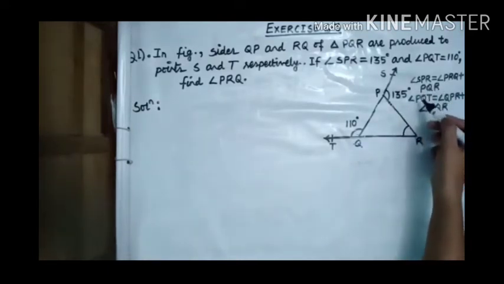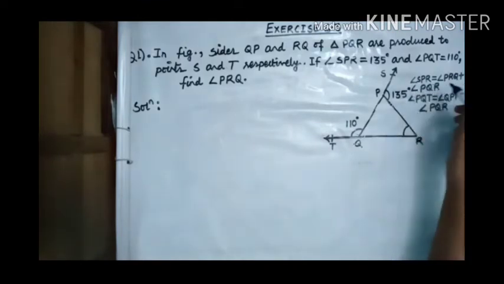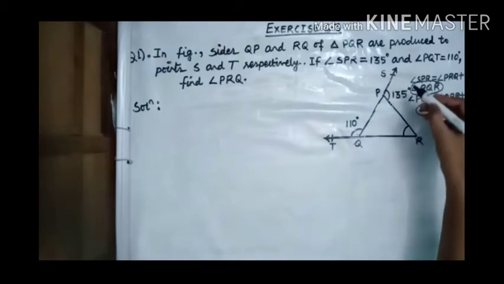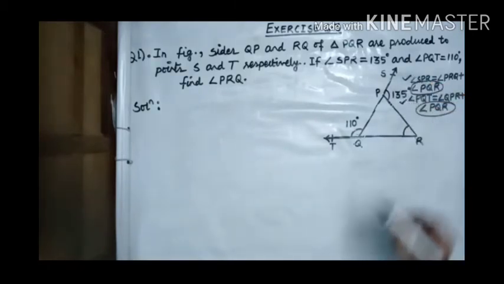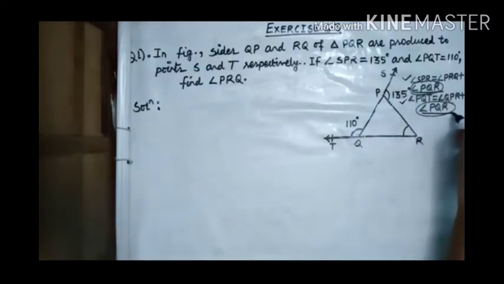Now in each of these two exterior angles, you may observe that one of their two interior opposite angles involves angle PQR. That's why with the help of any one of these two exterior angles, this angle PQR could be calculated. So in triangle